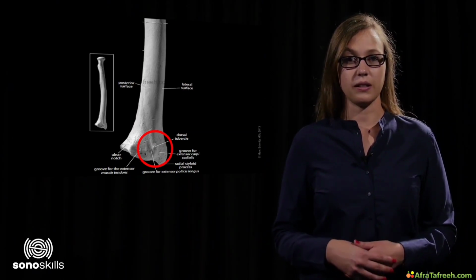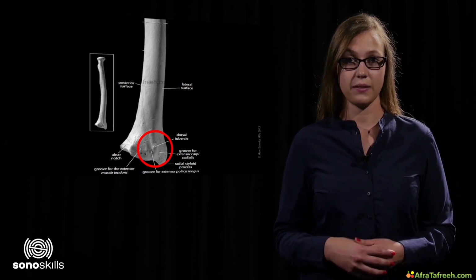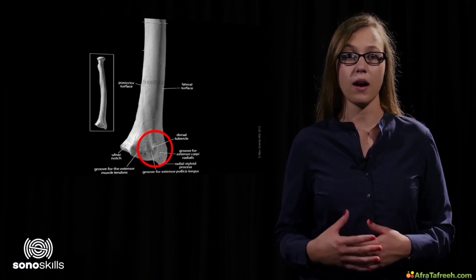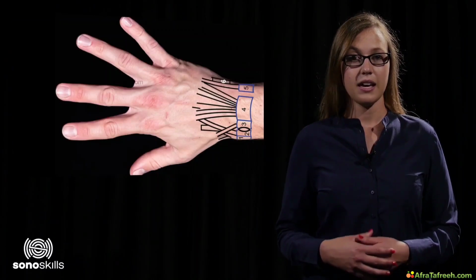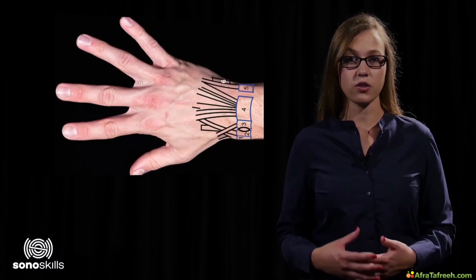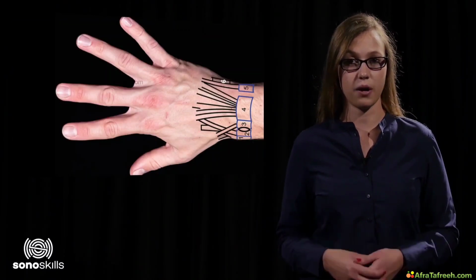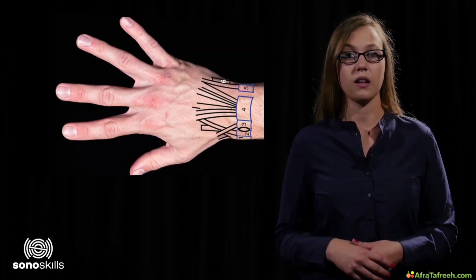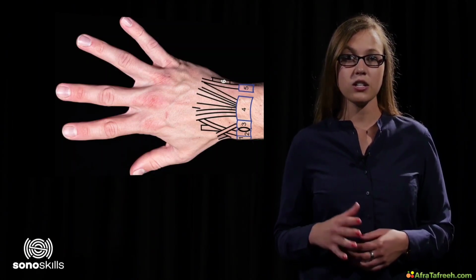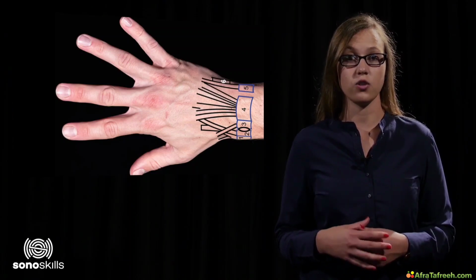Lister's tubercle can be found on the radial side, on the same level as the round shape of the styloid process of the ulna. Lister's tubercle forms the boundary between the 2nd and 3rd compartment. Lister's tubercle and the styloid process of the ulna indicate the imaginary line where the sonographer should start scanning